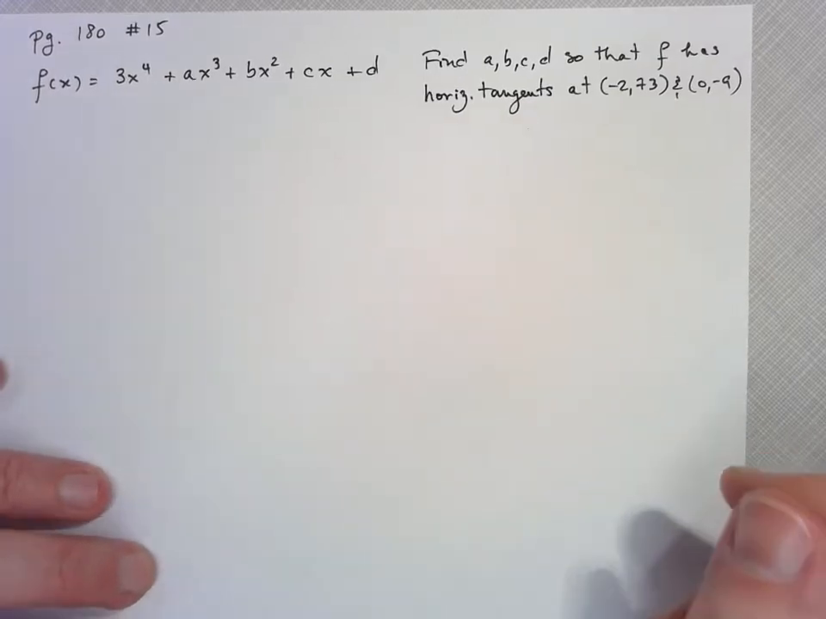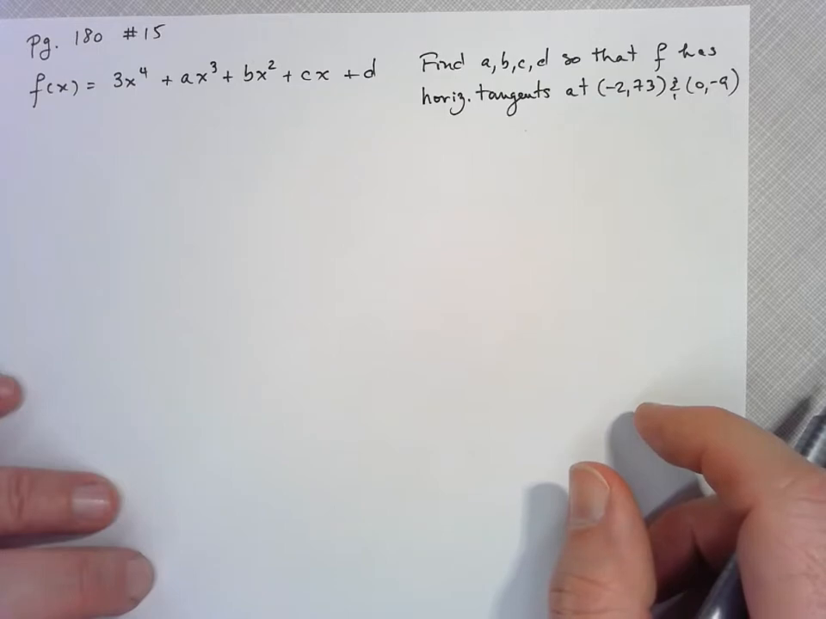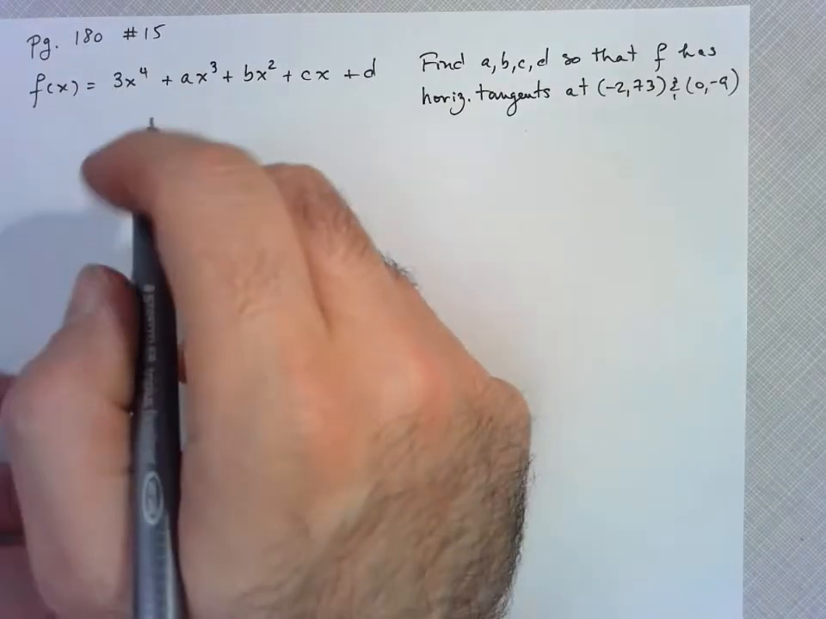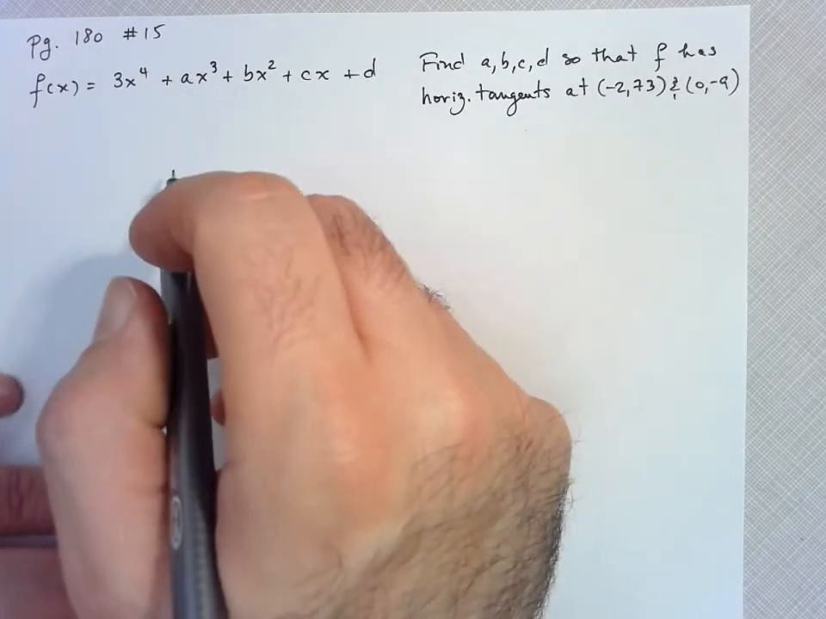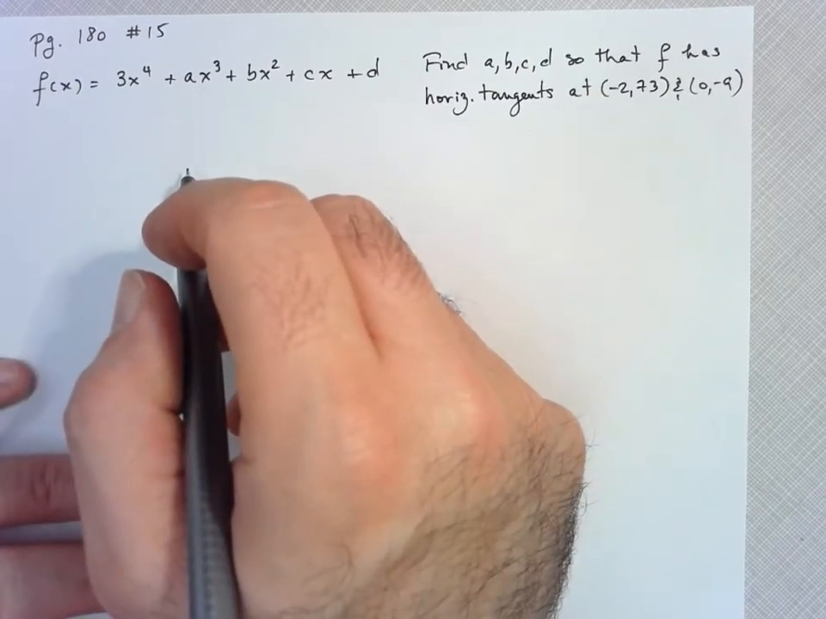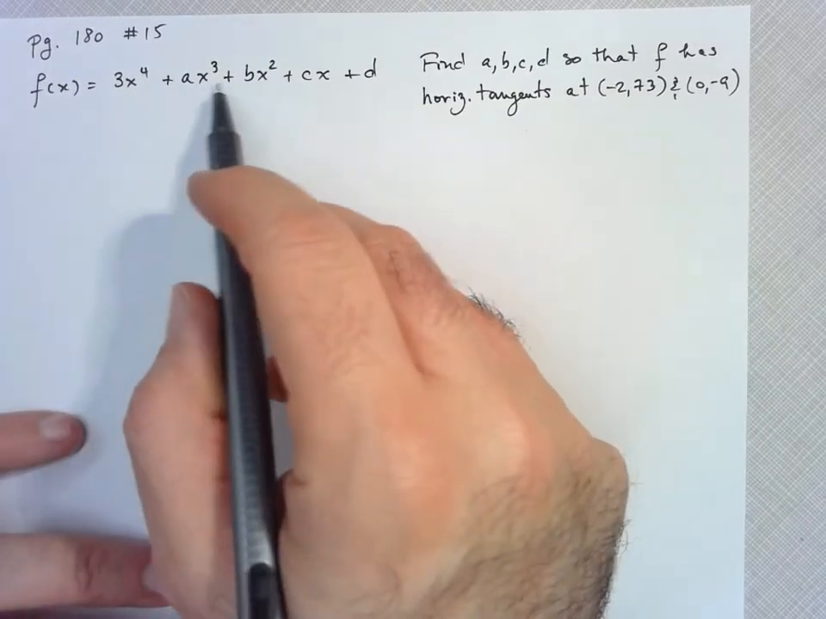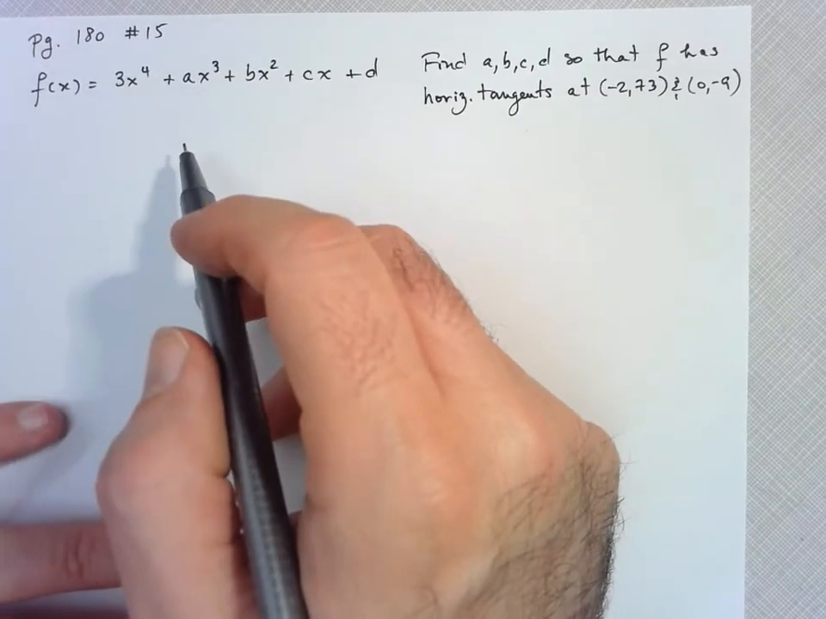Hi folks, we're going to take a look at number 15 from page 180. So here they're giving us a quartic polynomial that's missing some coefficients, and they want us to find these four missing coefficients given some information about the function. Okay, so first of all, since we're looking for four unknowns, we need four pieces of information, and